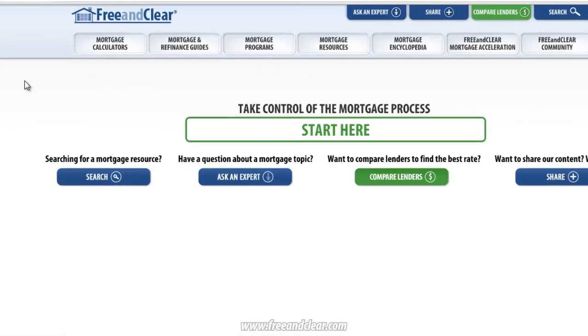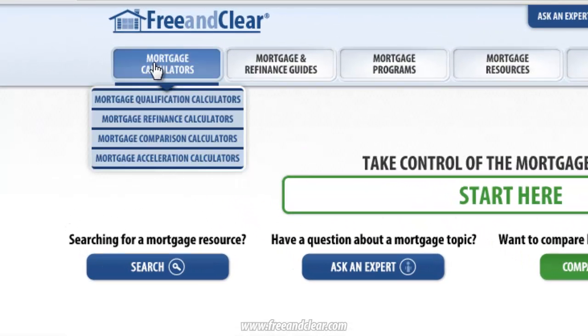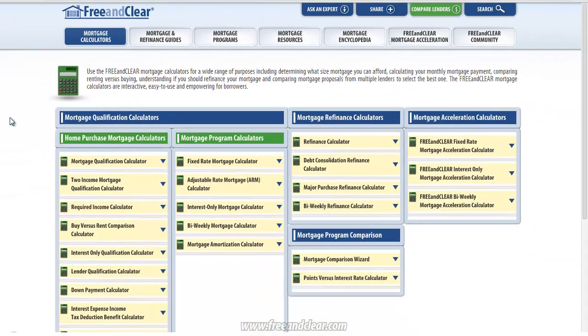The Free and Clear interest-only mortgage calculator also enables you to review potential scenarios, including the worst-case scenario for an interest-only mortgage. To find the interest-only mortgage calculator, simply click on the Mortgage Calculator tab on the top left of any page on freeandclear.com, and that will take you to a page that lists all of the calculators available on